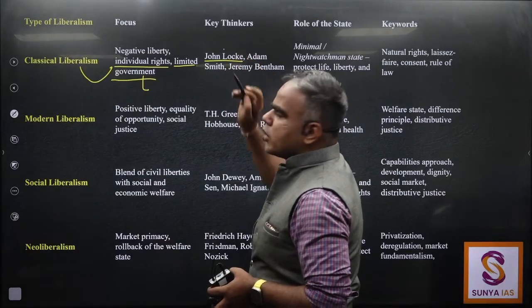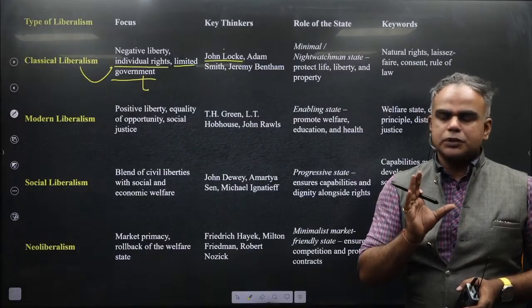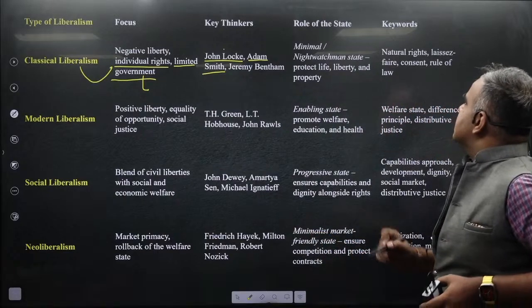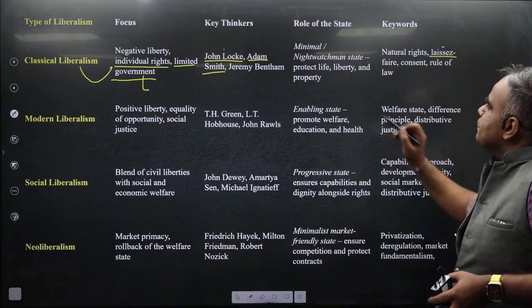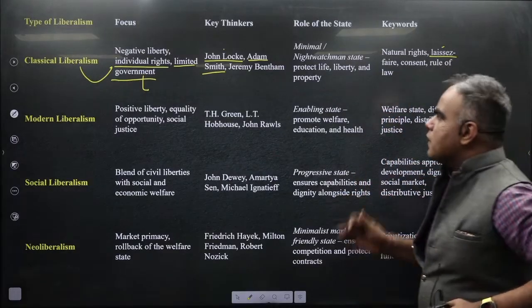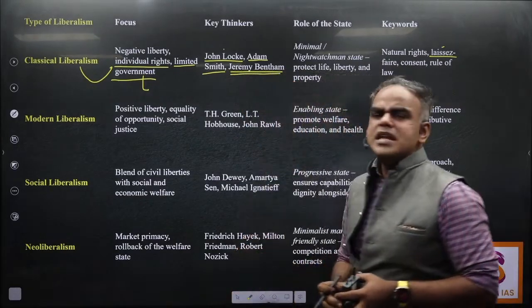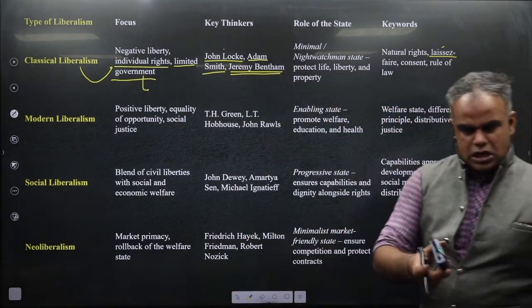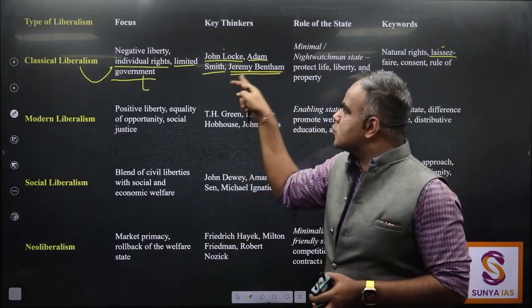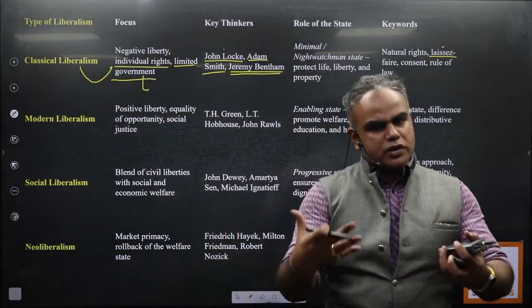Whenever you write John Locke, in this context, you have to mention he's the father of liberalism. You have Adam Smith. With Adam Smith, we'll talk about laissez-faire, which happens to be the economic form of liberalism. You have Jeremy Bentham. Any idea what he spoke about? Utilitarianism, the greatest good for the greatest number. That is what Jeremy Bentham spoke about, which is also applied here in liberalism.